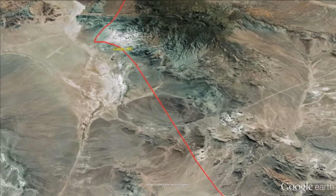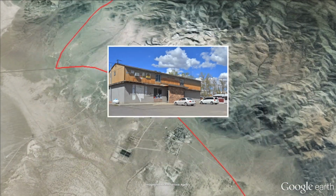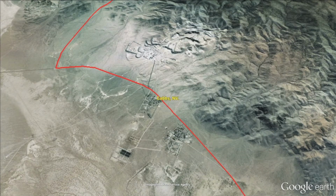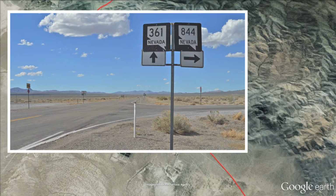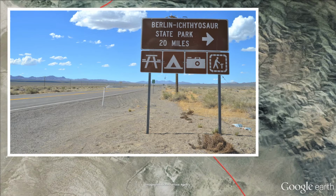We are going to go past the town of GABS. GABS does have a little market, a restaurant, also a gas station, and a motel. But continue on for 1 mile till you get to the junction of 844 and 361. You'll be making a right turn, look for these signs, and you're going to be going 20 miles to Berlin